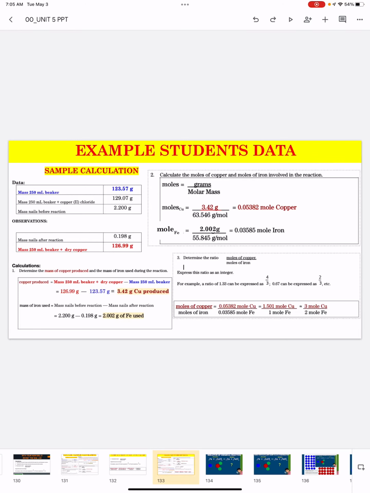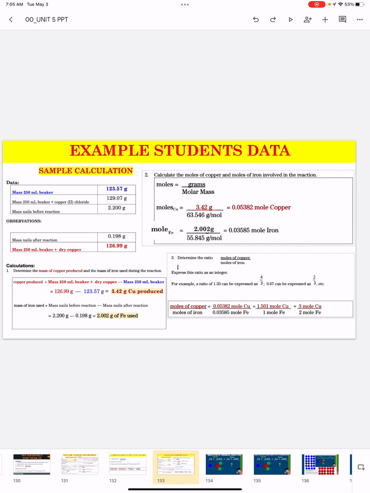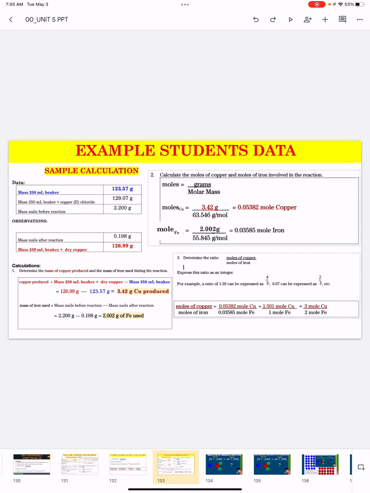Hey, honors chemists. I just wanted to make a quick video for those of us who need help with trying to do the copper to iron ratio lab data. So here is an example of some student data from the nail lab. As you can see, the student was able to calculate how many grams of copper and how many grams of iron were produced. Use this as a template to help you figure out how to calculate your mass of